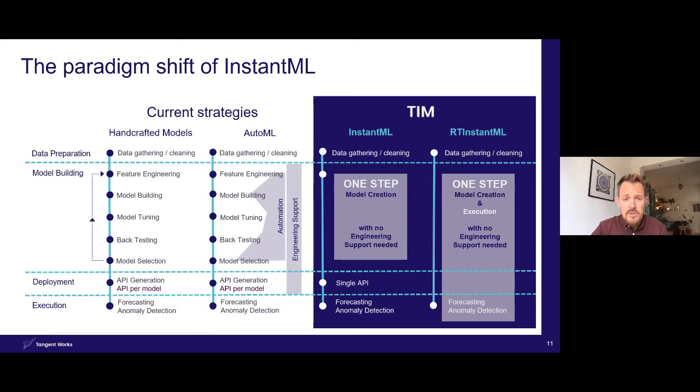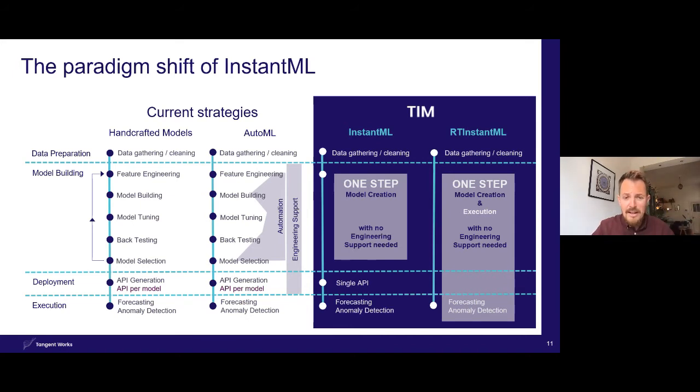The second approach is, okay, with real-time instant machine learning, we took it even one step further, because with all the three other approaches, you build a model now, you train it on historical data, and you only start using it on new data weeks or months from now. I said, yeah, maybe we can do better. What we did with real-time instant machine learning is every time new data is available, maybe every hour, every minute, or every day, our engine is triggered to automatically build a brand new model.